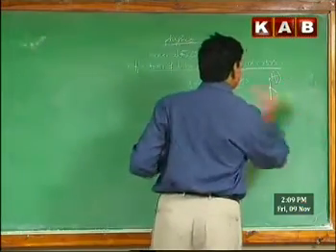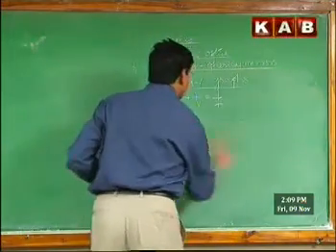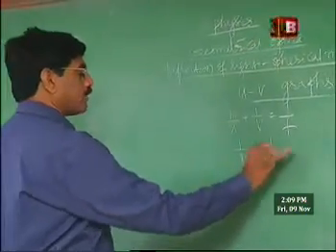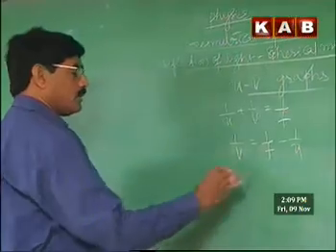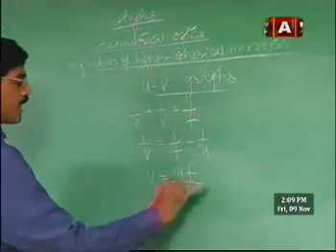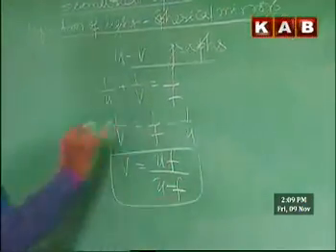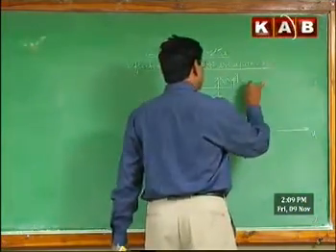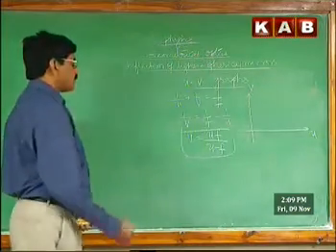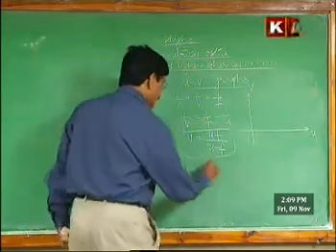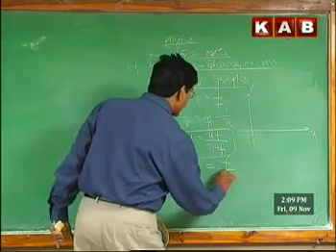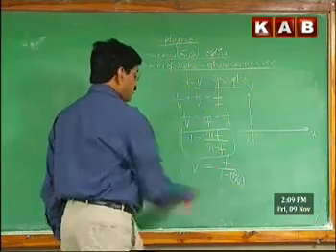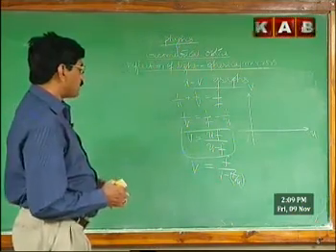Now instead of that, sometimes they may ask you to plot the graph between u and v. For that, we can write 1 by v is equal to 1 by f minus 1 by u, so v is equal to uf by u minus f. And the plot of u versus v in this case: we can write the equation as f by 1 minus f by u, dividing through. This is the graph, f by 1 minus f by u.